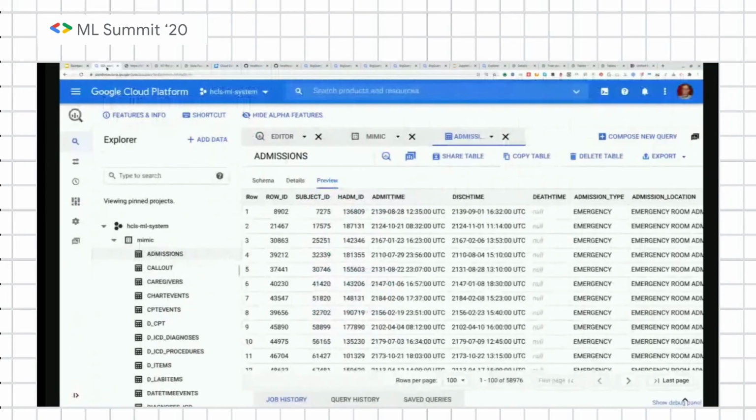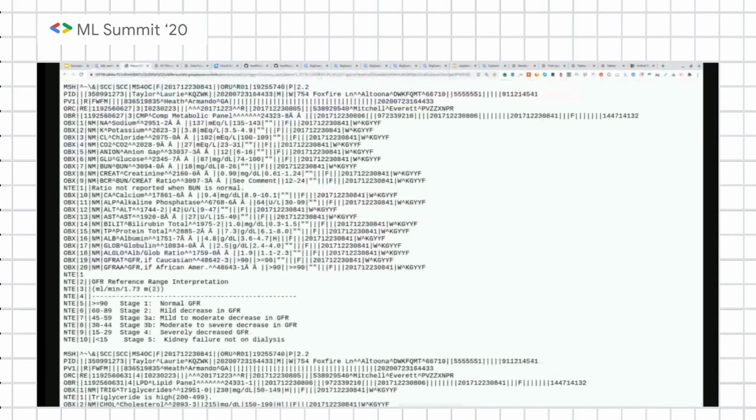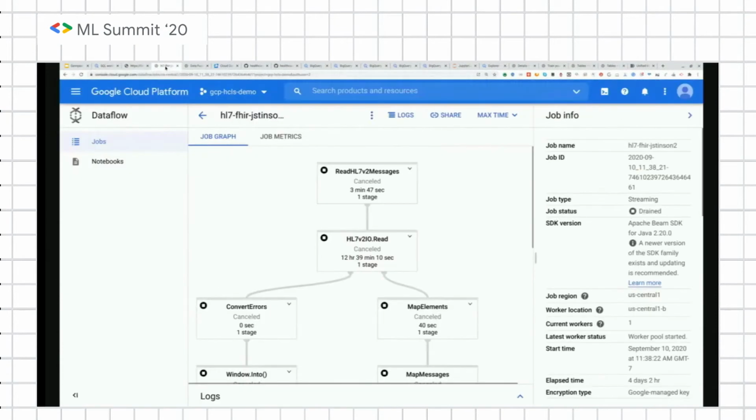So the first thing you can look at is some of the data that is coming from the source system. This is one of the source system data, admissions and things like that. Data could also be coming as a message like this. This is one example of an HL7v2 message. And using those as an input, you can create